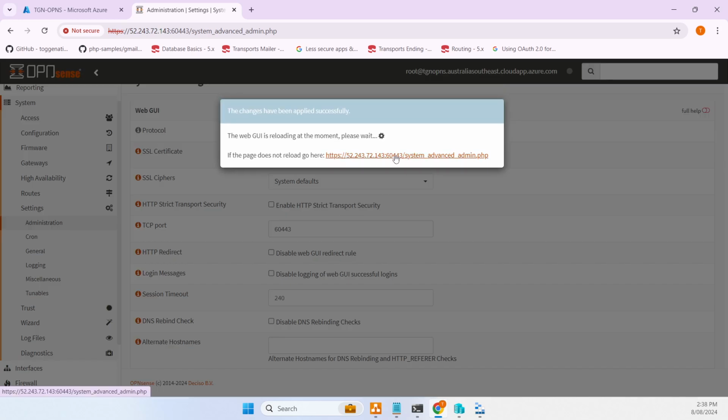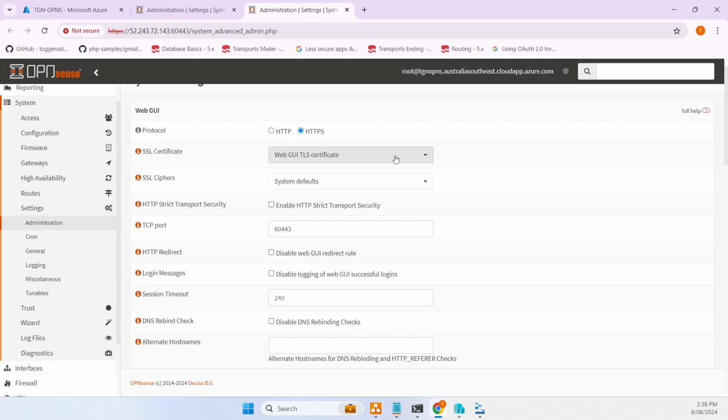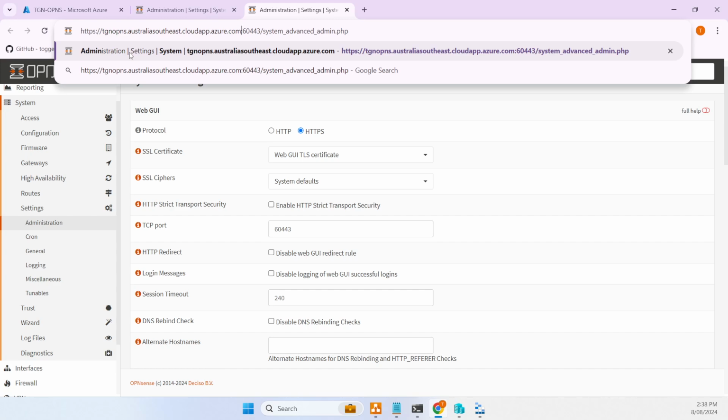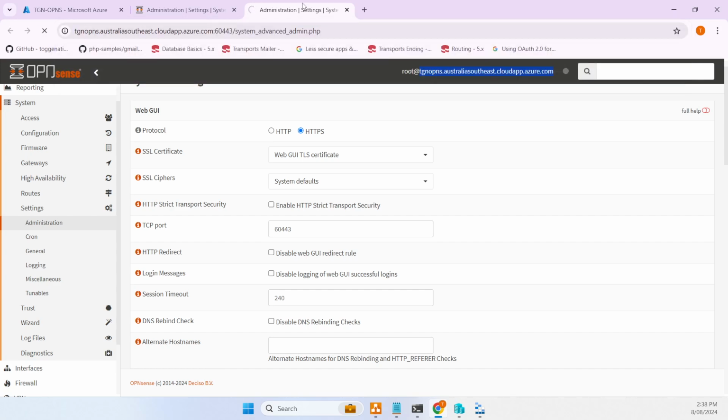Now it's saying that it's redirecting, but what we're going to do as well is now access it using the host name, so that